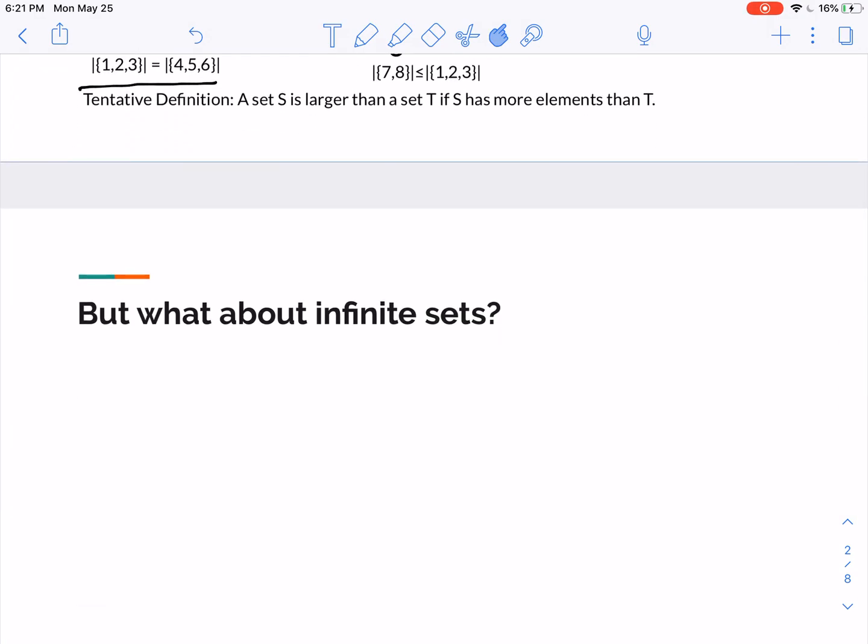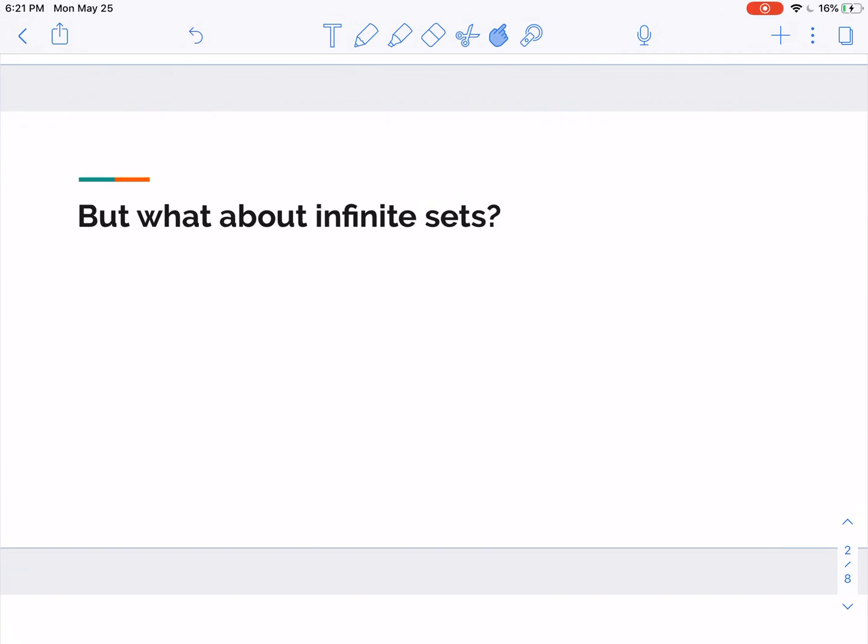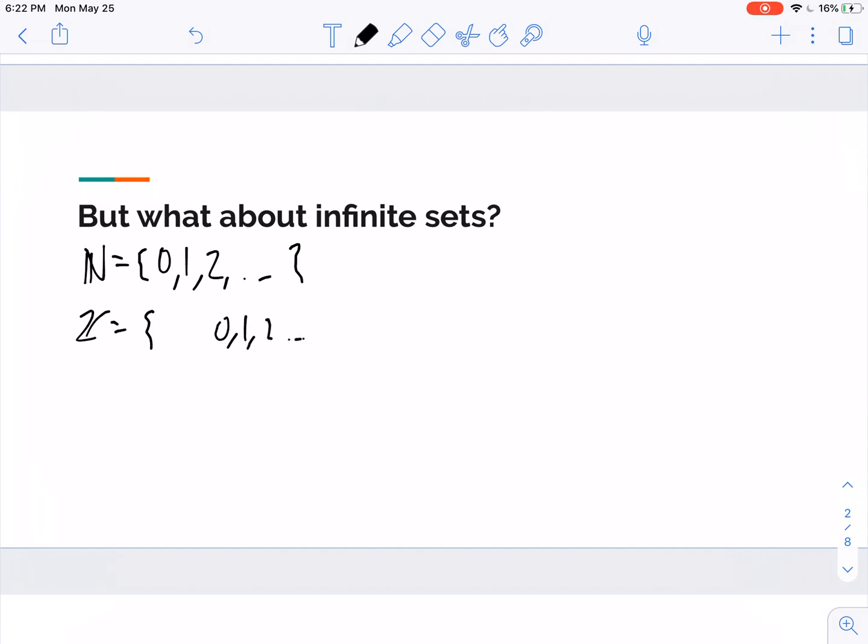But we run into a little bit of an issue because what about infinite sets? So let's just consider the natural numbers and the integers since those are the ones that we've been working with the most. So again, to remind you, the natural numbers are the set 0, 1, 2, etc. And the integers are the set 0, 1, 2, etc., and they also go down to the negative integers, -1, etc. And so we might be tempted to say, well, clearly the natural numbers are smaller than the integers here because every natural number is an integer, and the integers contain all of the natural numbers and more, so